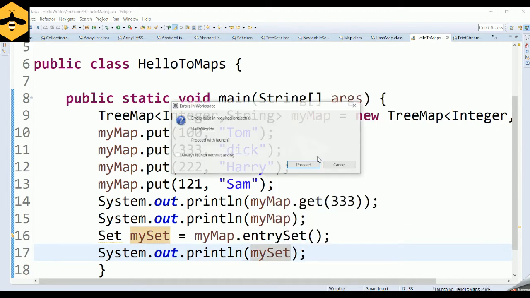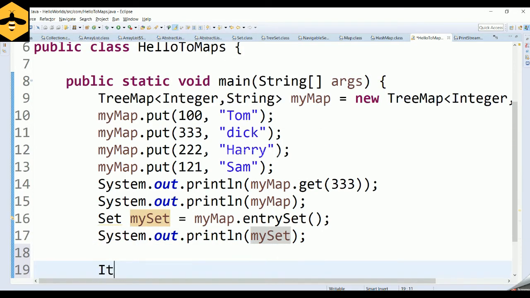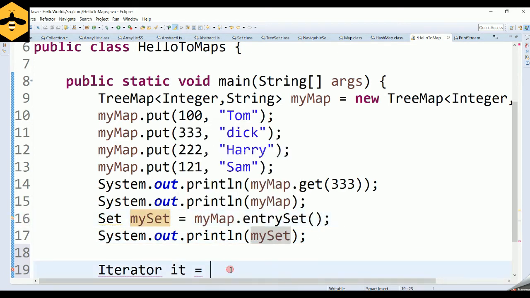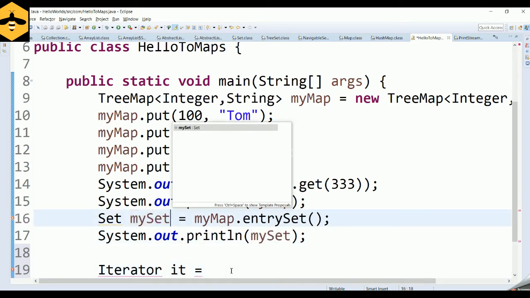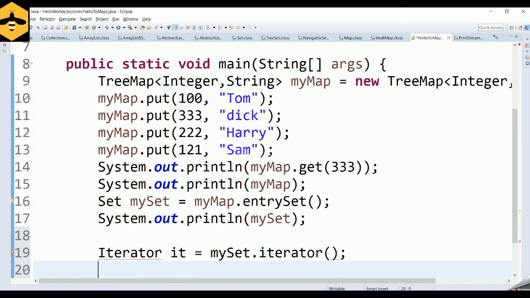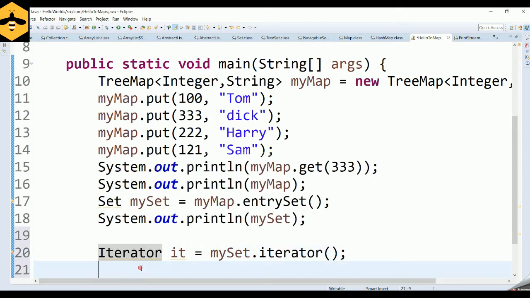So run as a Java application. If you see, this is the entry set of your map. Now what do you have to do? Make use of the Iterator object. The name of the iterator is equal to my entry set dot iterator, and you have to include the Iterator which sits inside the util package.